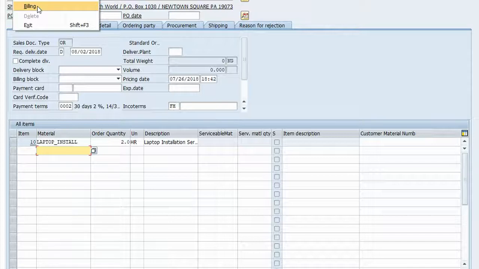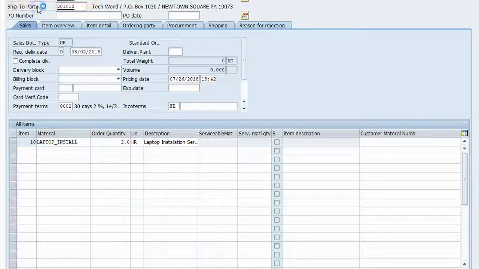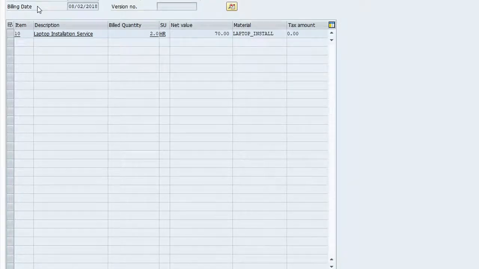When you go up to this billing menu path, it will save the sales order, and then it will go on to billing. So let's click on that, and it's saving the document. Now it's saved the sales order. Now I'm seeing the invoice, the billing document for $70 for my laptop installation. And once I save that,